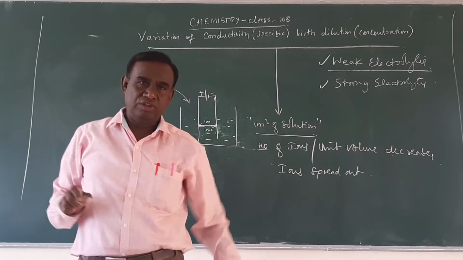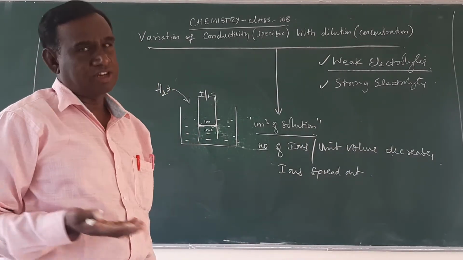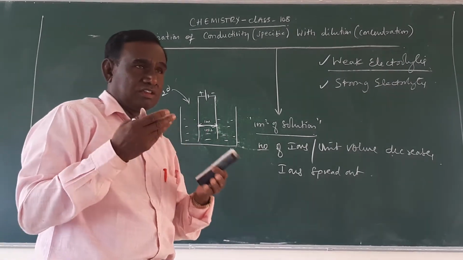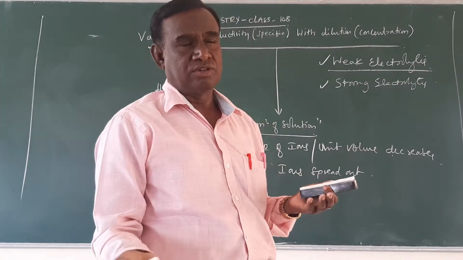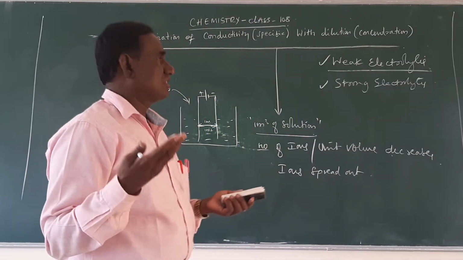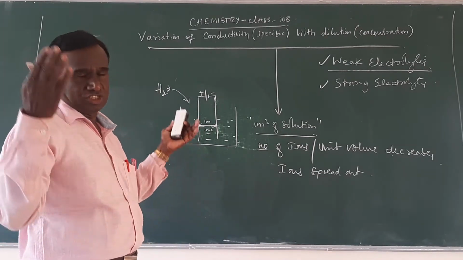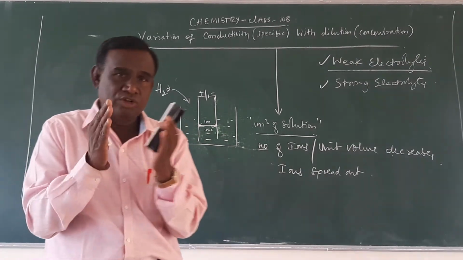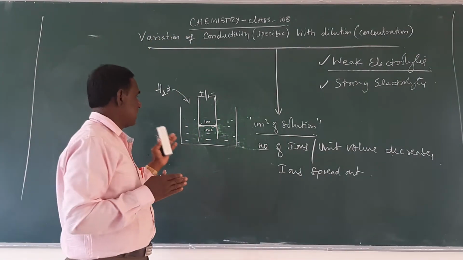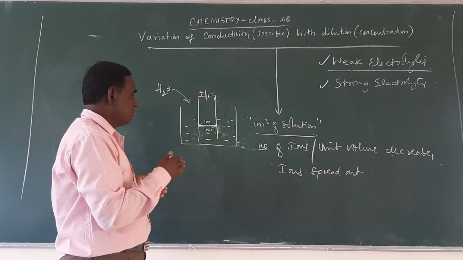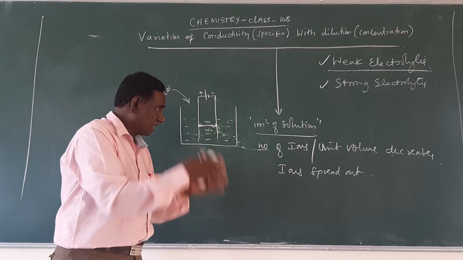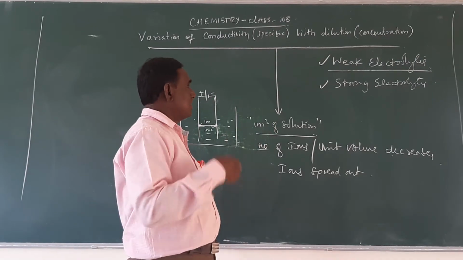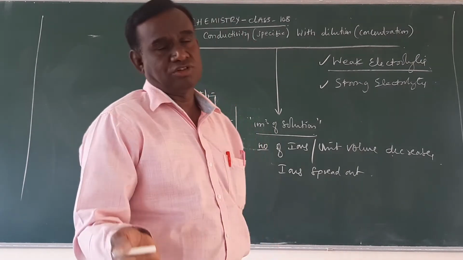A weak electrolyte solution contains some undissociated molecules, but if you add more and more water, these dissociate, giving more ions. Still, the ions are not concentrated in between the electrodes; they spread out. Due to the decrease in the number of ions per unit volume, specific conductivity decreases with dilution, both for weak and strong electrolytes.